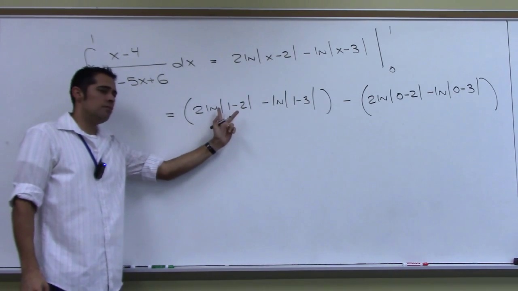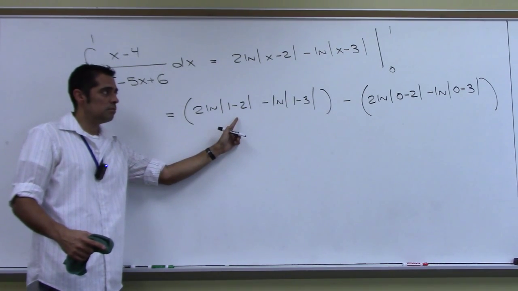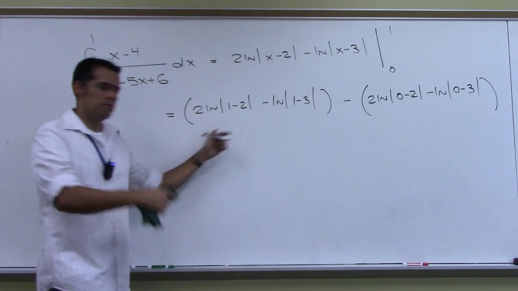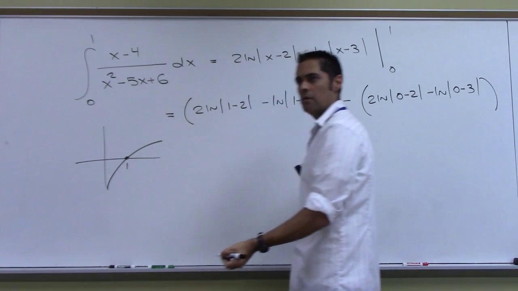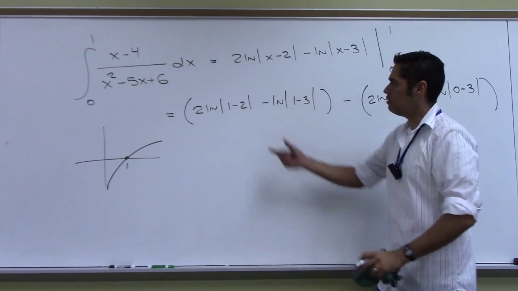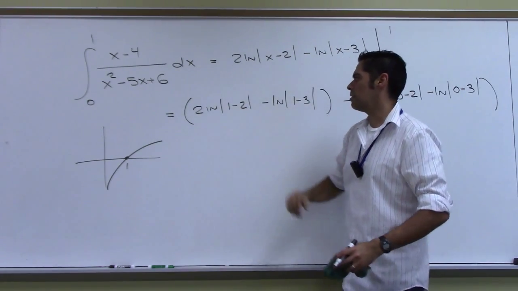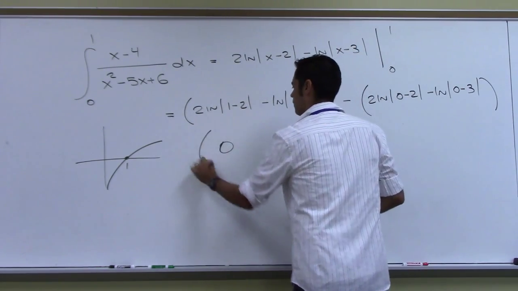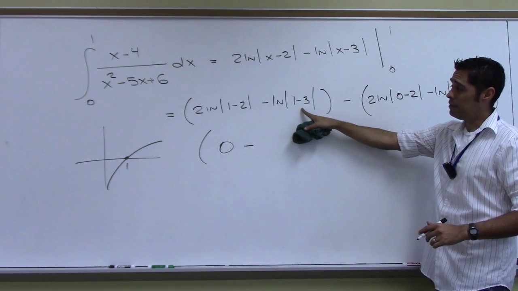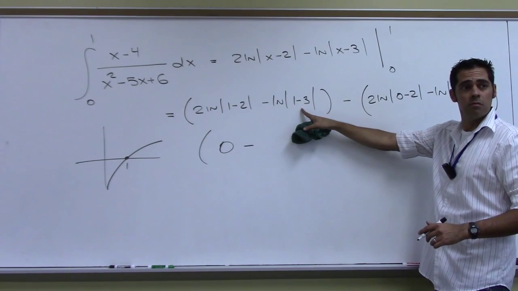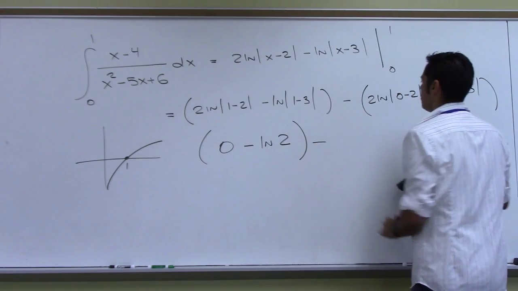Negative 1, absolute value, 1, natural log of 1. I just drew it, right? Remember? Natural log of 1 was 0. So this whole thing here becomes 0. Times 2 is still 0. So I got 0 minus, what's this? Natural log of 2, right? Minus, over here,